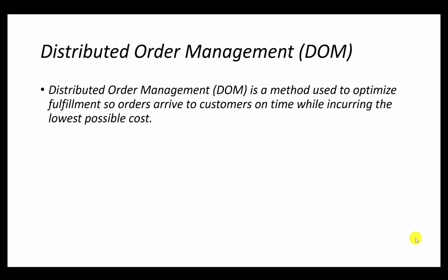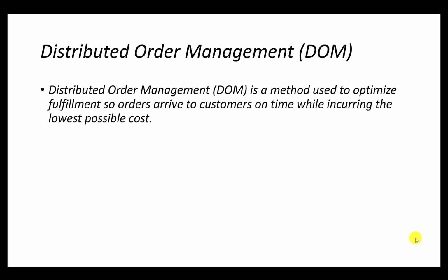Distributed order management is a method to optimize fulfillment so that the order arrives to the customer on time while incurring the lowest possible cost. So basically what it means is, let's say you place an order from the New York store while you are flying to Seattle and you need the order in Seattle. So for business and for early arrival, it will be best suited that your order is shipped from Seattle instead